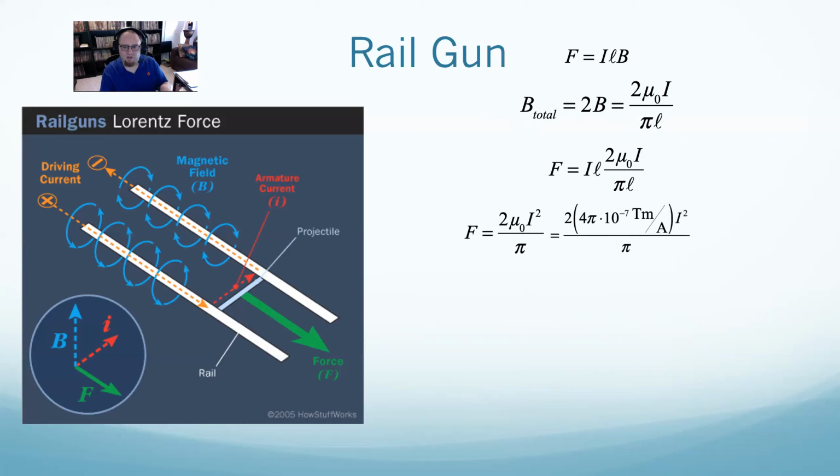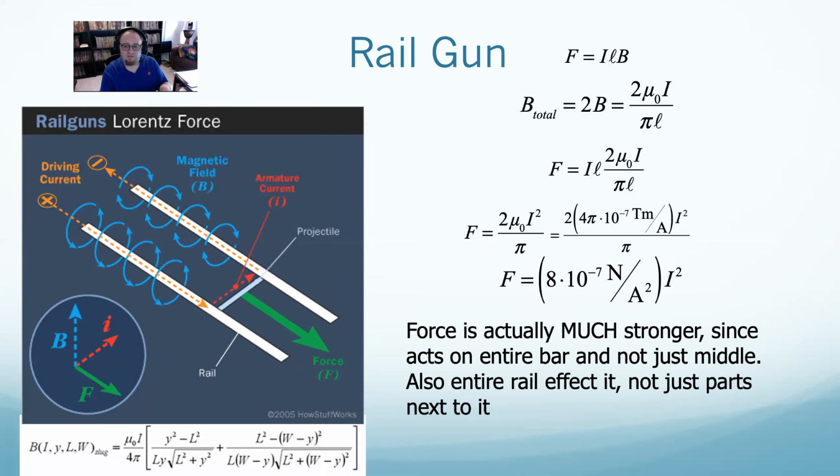I plugged in my mu naught, just because things cancel. And you get an equation. This is a way to fire something really fast with just a bunch of electricity. Since it goes by current squared, if you make one of these and just put in a lot of current,